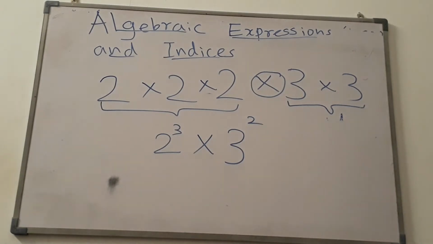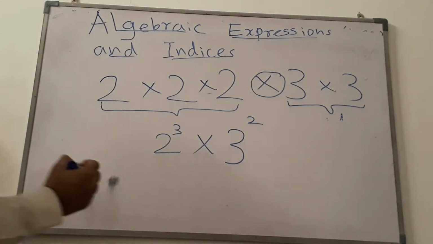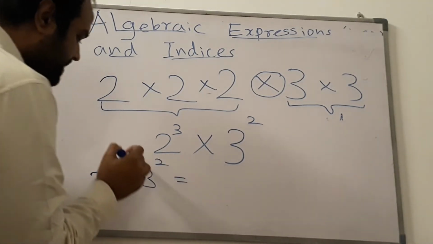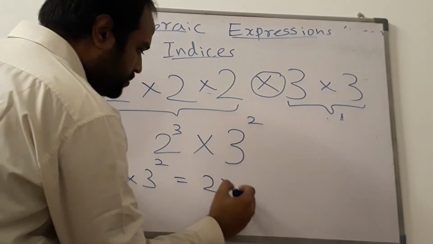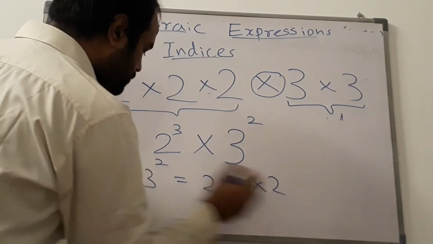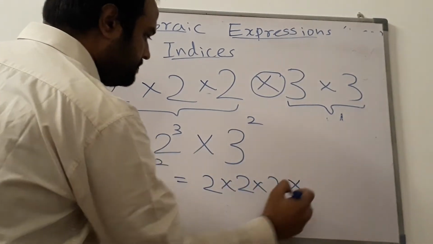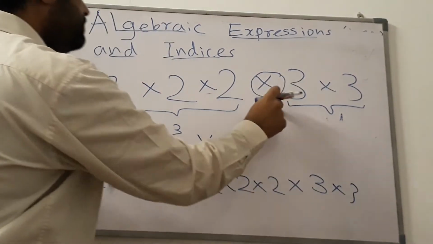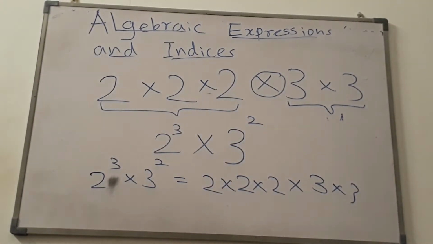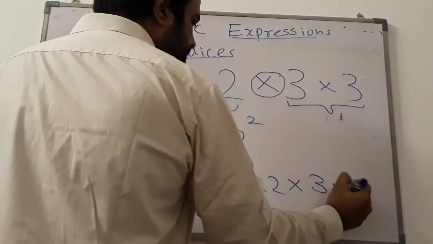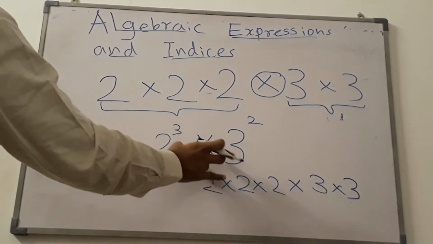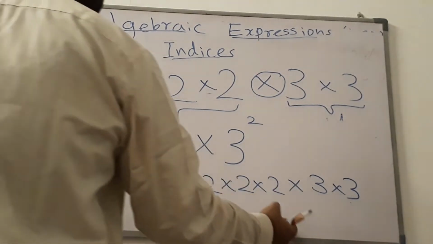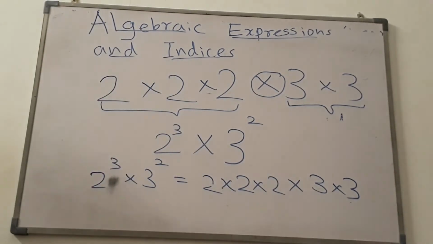Same as 2 to the power 3 times 3 to the power 2 can be expanded like this. 2 to the power 3 means 2 times 2 times 2, and there's a multiplication, and 3 squared is 3 times 3. The same expression can be obtained if we expand like this. Okay, likewise,